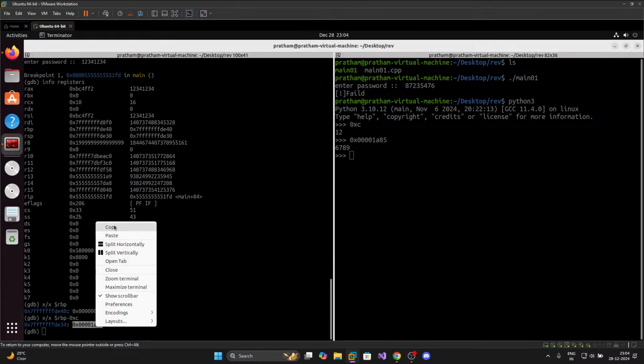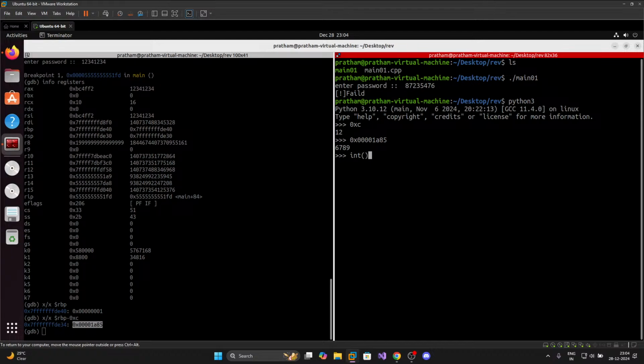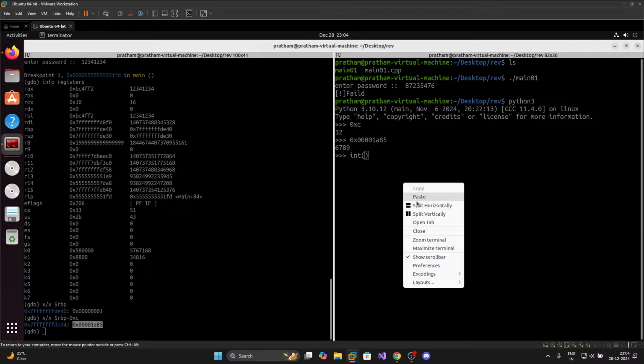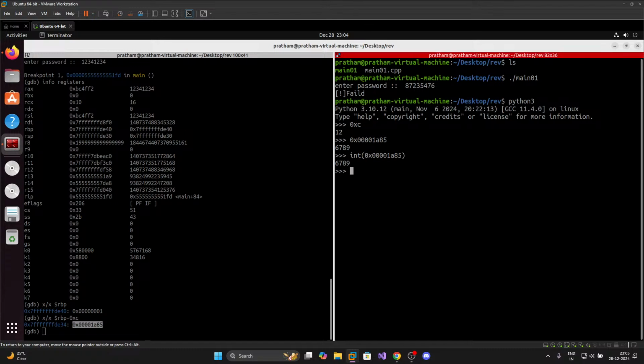Now to convert it back to integer, you can just type integer in Python. Yes, I can paste it and hit enter. So this is the actual password, 6789. Now if I exit this Python and run with 6789, we get